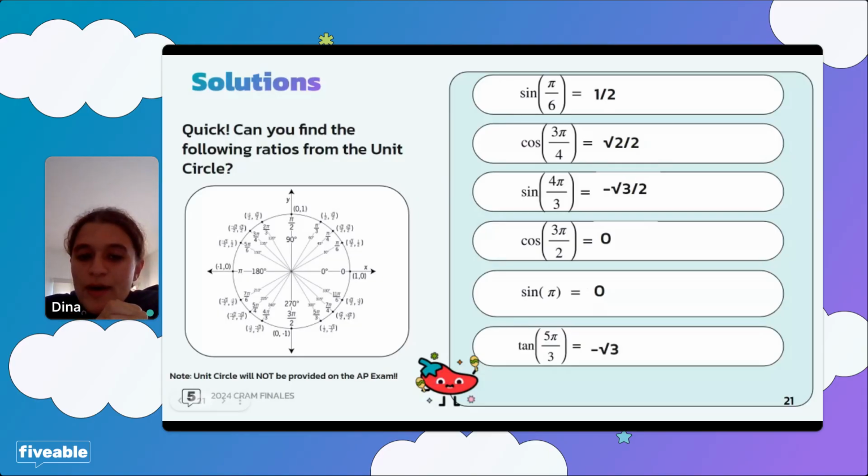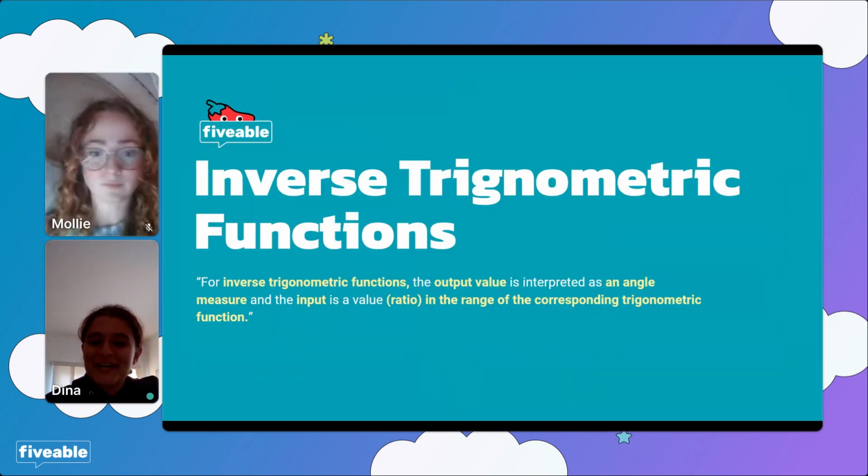And the tangent of 5 pi over 3 is in fact negative root 3. So what you can memorize is that with tangents of angles in radians, if you know there's a 3 in the denominator, your tangent value is going to be root 3. You obviously have to figure out the sign. But let's say the angle was 5 pi over 6, then you would have to do something like negative root 3 over 3, because the 6 basically is 2 threes. That's just another way you can memorize it, however works best for you. Just know that you have to have these values memorized by your test. And that's it.